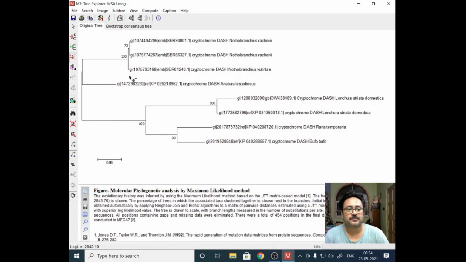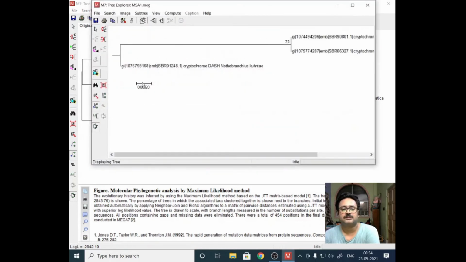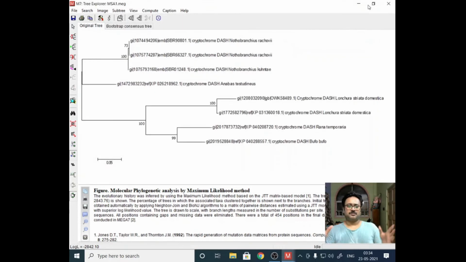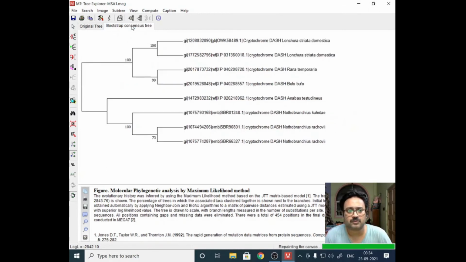Anyway, so this is basically how you flip the subtree. As you can see, you are flipping: this 73 is coming down and here 100 is going up. So this is only for data presentation. We can show this one separately like this. So these are basically how you are going to represent the data, but how the trees are going to get generated, that is what we have covered so far.